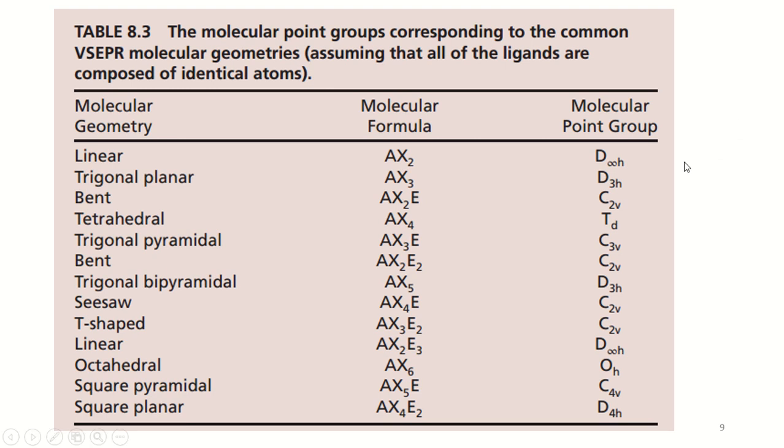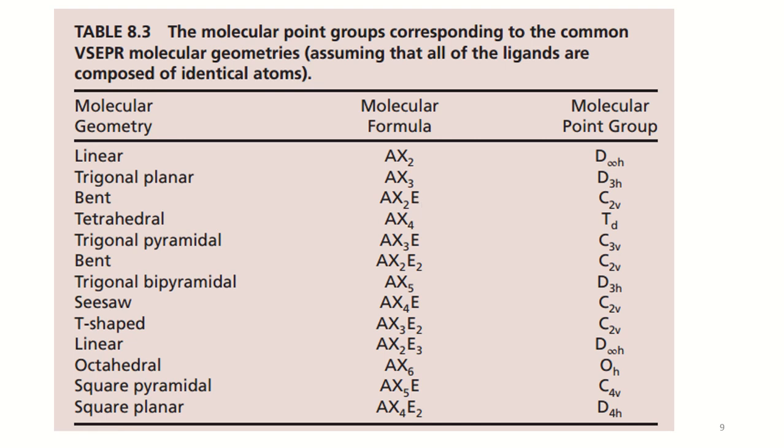while in case of trigonal planar, which is the AX3 molecular formula, the molecular point group should be D3h, and all types of molecules that belong to this kind of molecular formula with trigonal planar geometry would have the opportunity to possess the D3h point group. While in case of a bent molecule, if the molecular formula is AX2E,